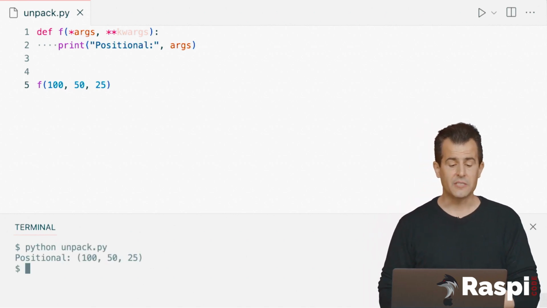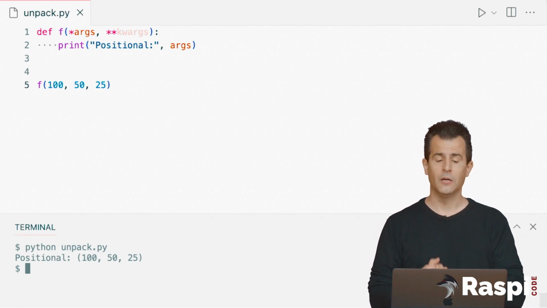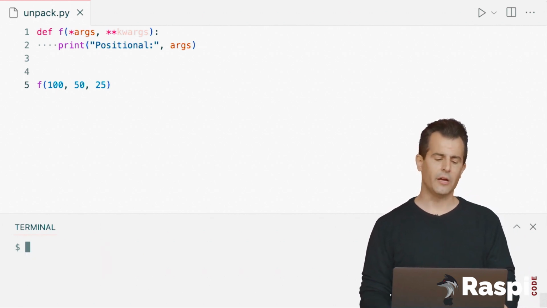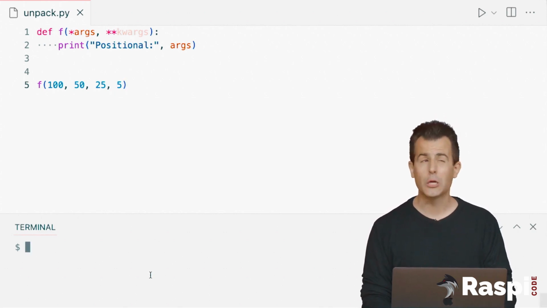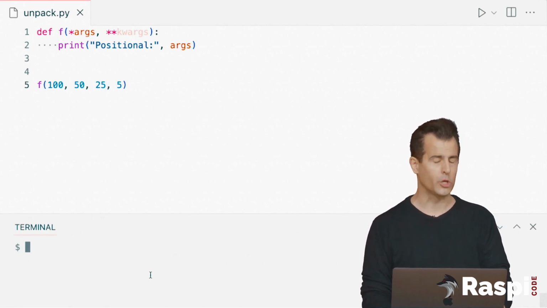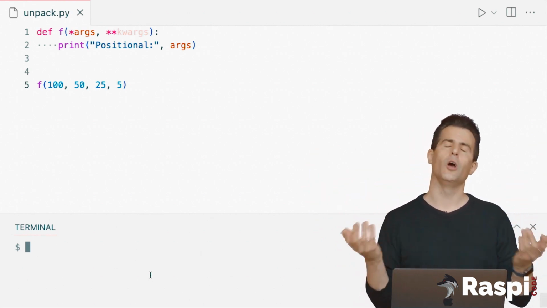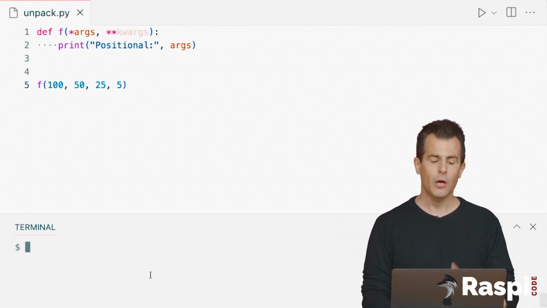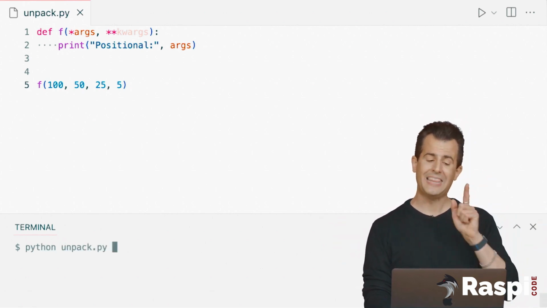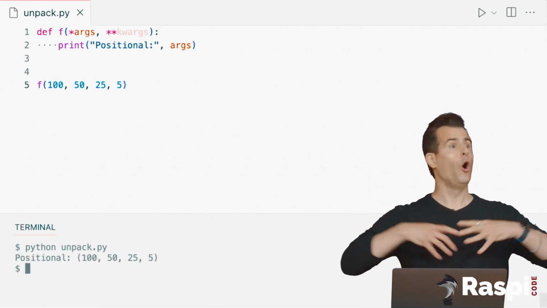And you'll see that the positional arguments passed in are apparently this, a sequence, 100, 50, 25. But notice this. If I clear my terminal window there and pass in something else like 5, a 4th argument, previously, if I tried to change the number of arguments I'm passing in to my total function, which was only defined as taking 3, I would have gotten a type error, some visual indication that no, you can't pass in more or fewer arguments than is actually in the function's definition. But now watch. If I run python of unpack.py, this time passing in 100, 50, 25, and 5, a 4th argument, all 4 of those